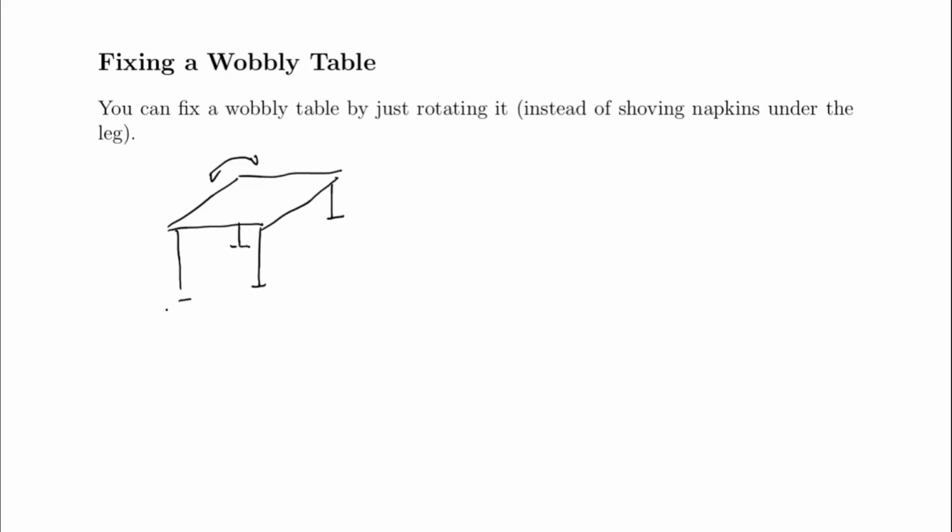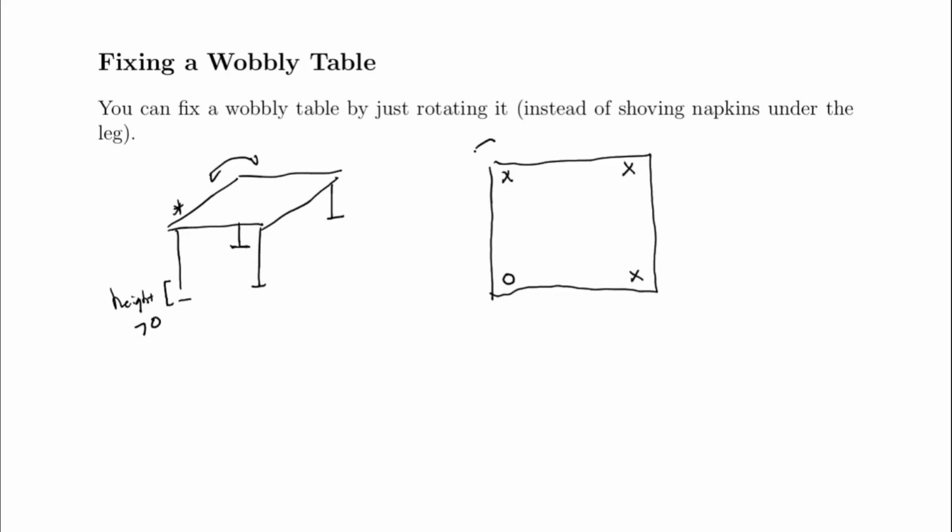What we can do is we can fix this with the intermediate value theorem. What we're going to do is look at a function that defines the height of this specific leg. And we'll say that the height is positive because it's above the ground. We're going to force all 3 other legs to always be in contact with the ground. So that means that if this one is the one that's above the ground, these 3 we're going to lean on until we force them to be in contact with the ground. Then what we're going to do is rotate our table. And you'll notice that when we rotate it this way,